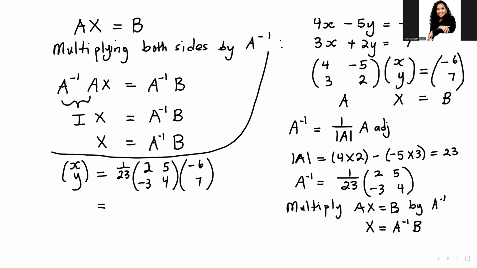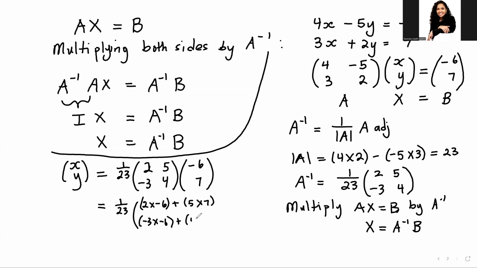So we're going to multiply the two matrices first. You do row by column, row by column. So this is a 2 by 2 matrix times a 2 by 1 matrix, so your answer is going to be a 2 by 1 matrix. It'll be 1 over 23 times 2 times negative 6, so 2 times negative 6 plus 5 times 7. Then negative 3 times negative 6